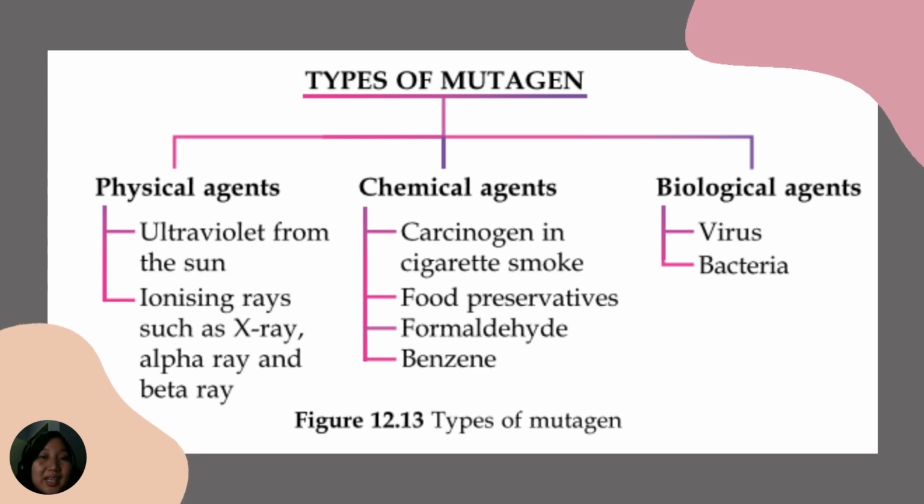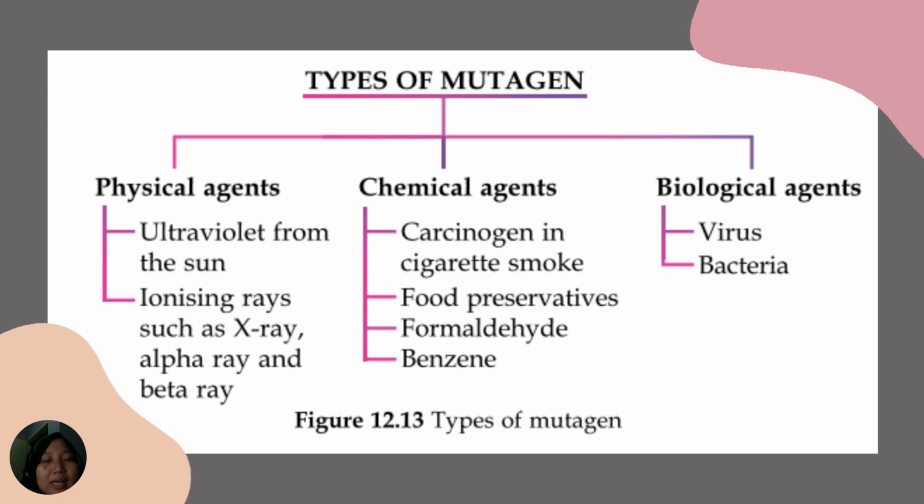That is why frequent exposure to X-ray ionizing ray is really harmful. This is why someone that conducts X-ray procedures needs to be fully covered, because it is a physical agent that can cause